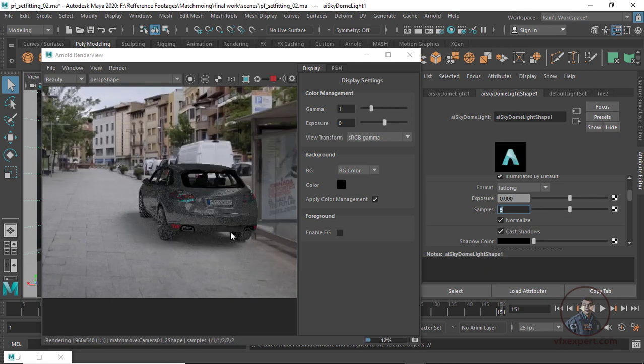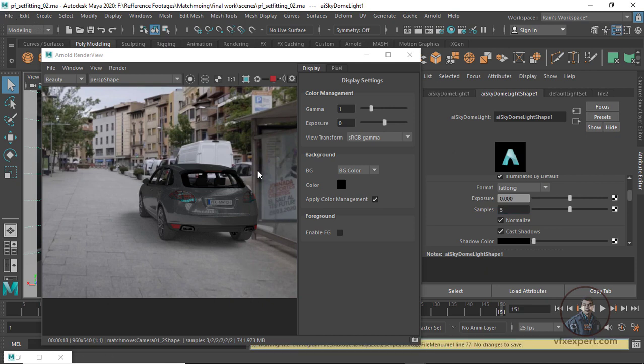Now just check here, this is your Arnold viewer. Here you will see this is your soft shadow which is just casting on our ground, so this is your actual image plane. Okay, so this is what I want. Now after this, simply save our scene. Then I am going to adjust settings for our car models.